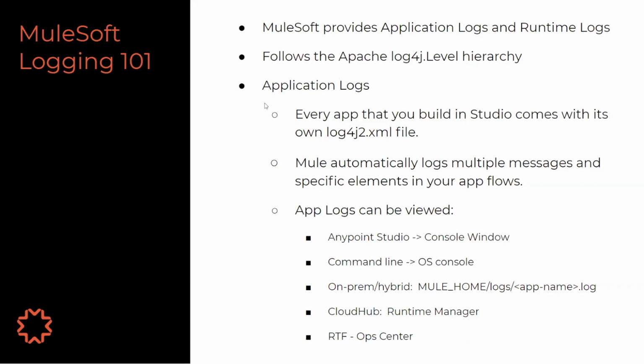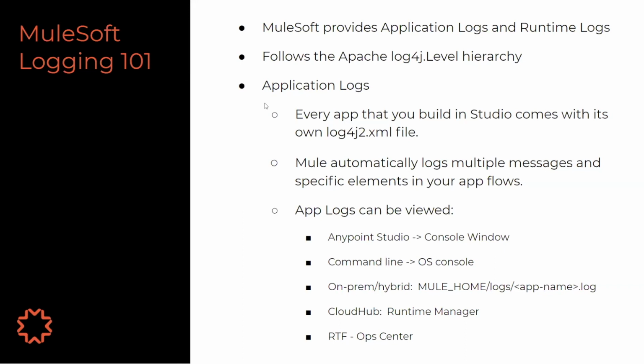But in general, if you're familiar with how Apache log4j level hierarchy works, that's how the MuleSoft logging also works. So application logs: when you're developing an application in Anypoint Studio, of course, you deal with the log4j2.xml, and it'll take advantage of configuration for your logs. There are different places to view your application logs depending on your deployment platform. And they're listed here: locally in Anypoint Studio,